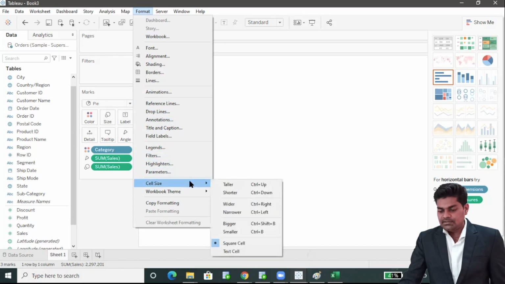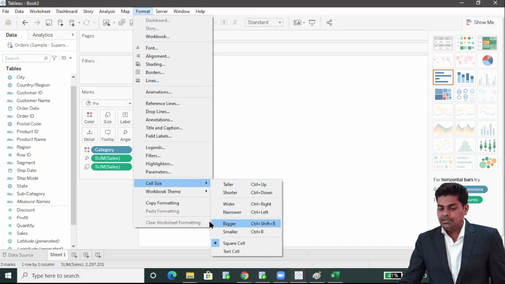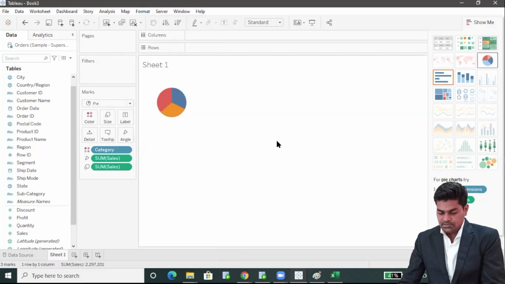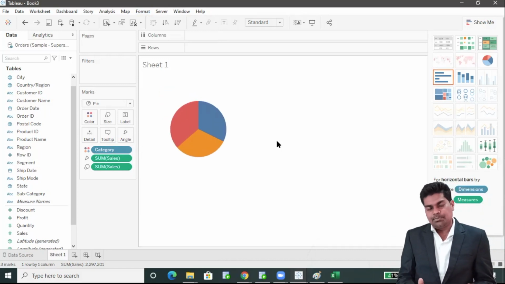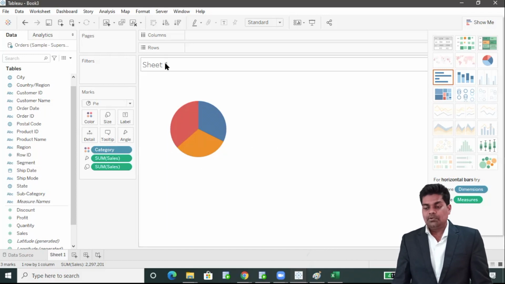So let's make it wider, narrower, bigger. These are shortcuts, and shortcuts are different in Mac OS and Windows OS. So if I want to make it bigger, Control Shift B, you can see. And again if we want to make it center or top or bottom. Now if we want to change the name, we can change the name also.